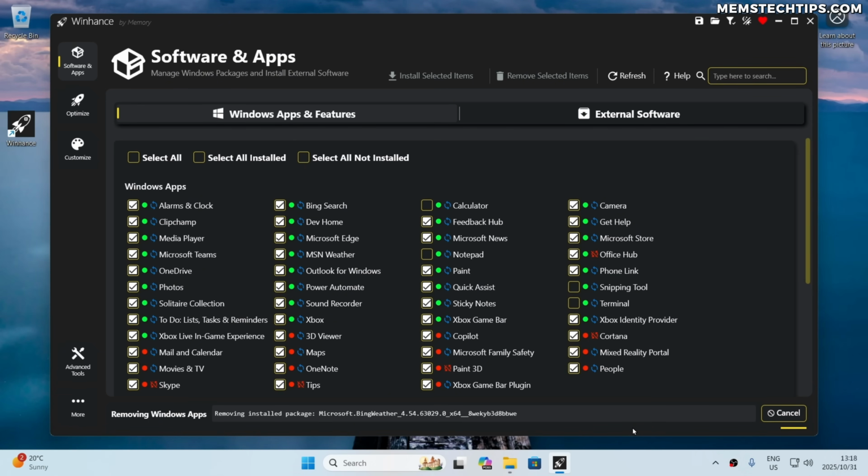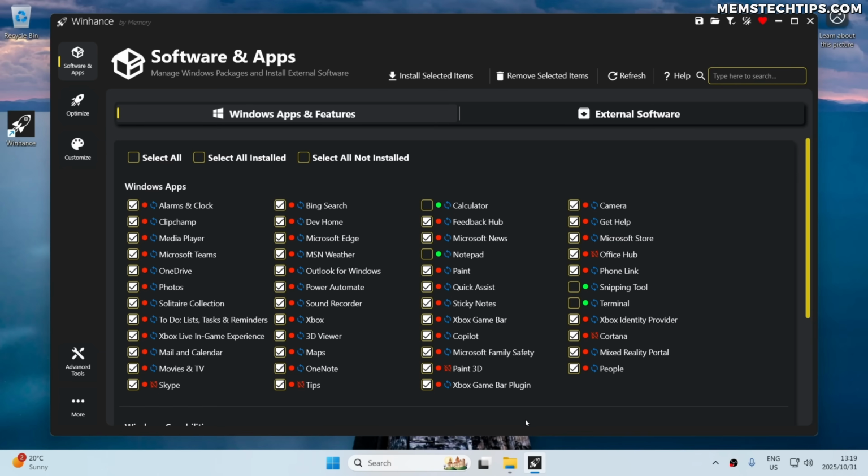And also I added an open web search redirect so that for items that you need to open which require Microsoft Edge, you won't get an error saying that it can't open the link. It'll just open the link in your default browser. But I will demo that a bit later on in this video once we've actually installed a browser, because right now we don't have one because I just removed Edge, and I'm going to be installing one using the external software section in Winhance. So we're just going to wait for the Windows app removal to complete,